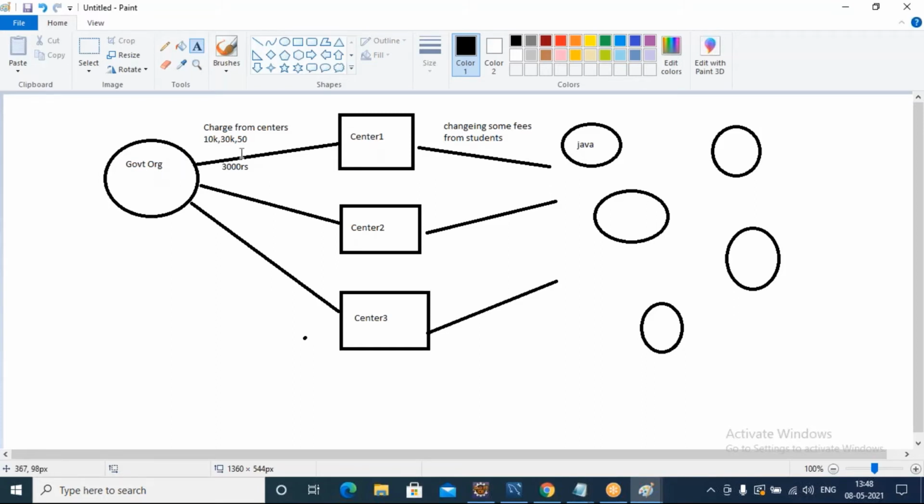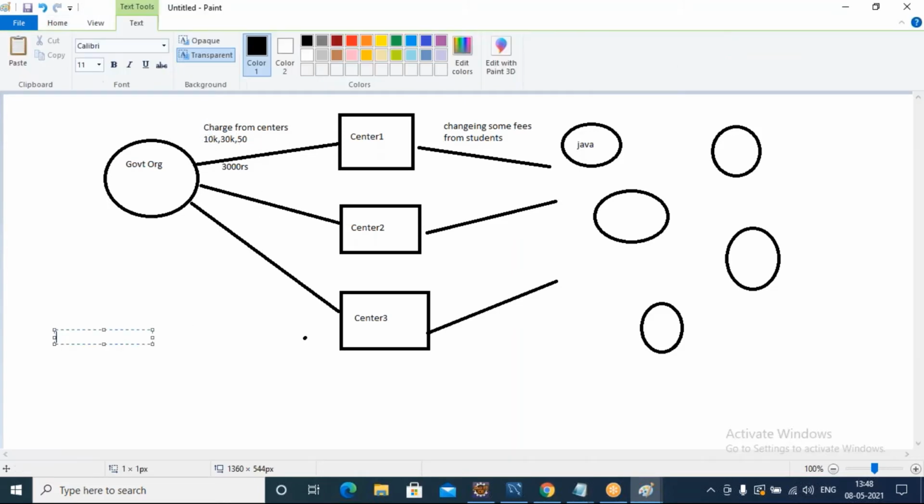This center person can request this organization depending on how much amount he has; that many times he can request. Let's say center one has paid 10,000 to the government organization, and with 3,000 per certificate he can request certifications for 3 students.